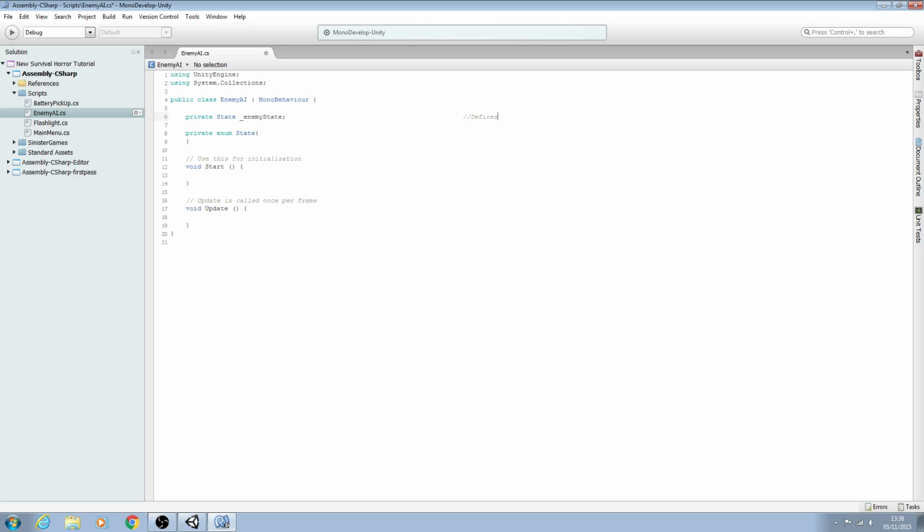And we'll put this into the comments. So we'll say defines naming convention for the enemy state, and we'll put this into comments. So we'll say defines enum states enemy can exist in, and then we'll come inside here, and what we're going to do is list all the states that the enemy can exist in,